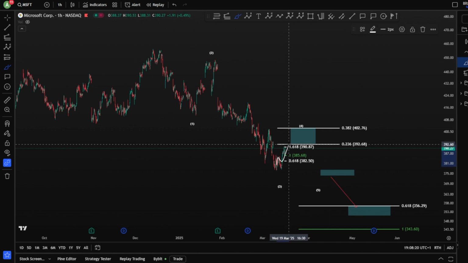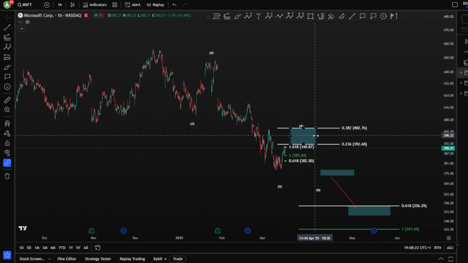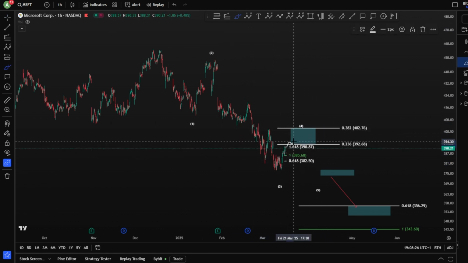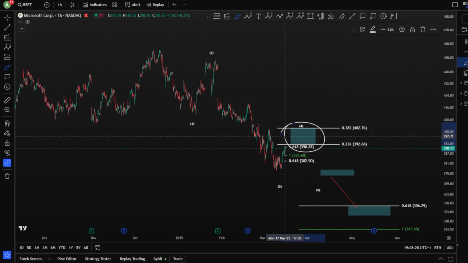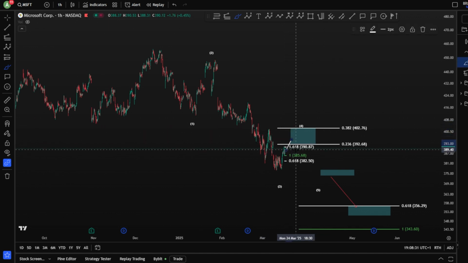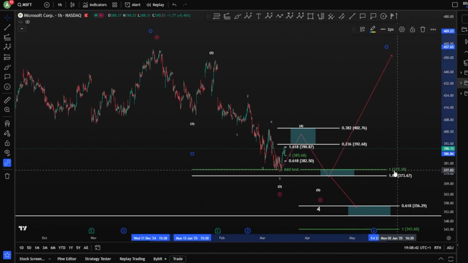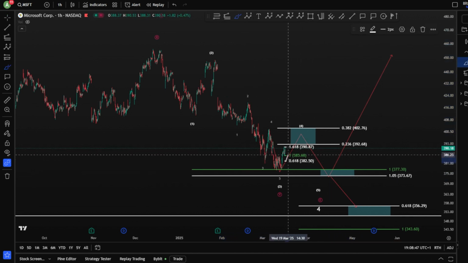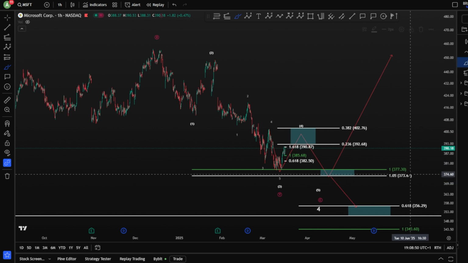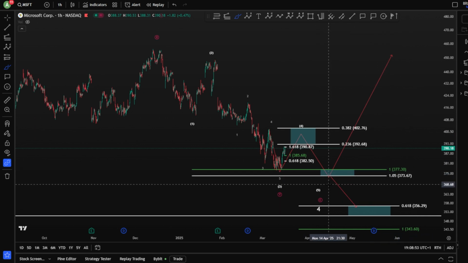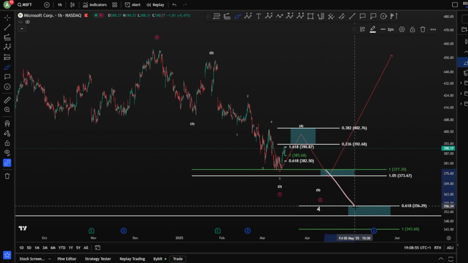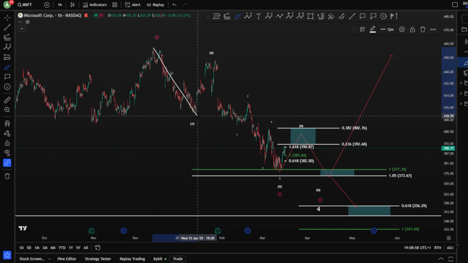And here we go. There we are. We are looking even for the perfect time in the blue box to be, of course, achieved as well. Now, the time is only a guideline. It's not a rule, but of course, preferably that we reach the perfect time. And then moving to the next blue box, which is this level at the 1-to-1 fib level, 1.05 still not hit, meaning in this wave 4 and a 5, the wave 5 might hit the 1.05 for a regular flat, or potentially maybe even lower, where you would like to hit, of course, the 1-to-1 fib level